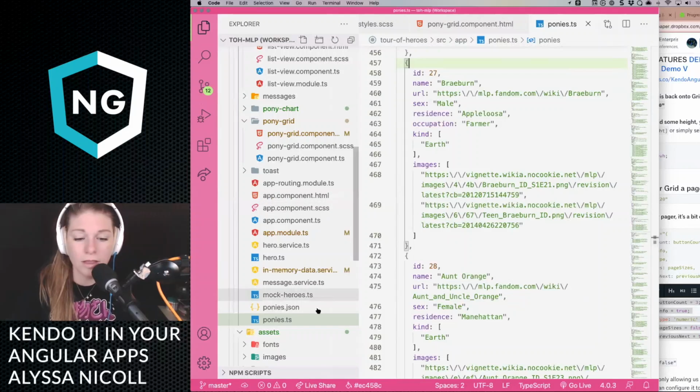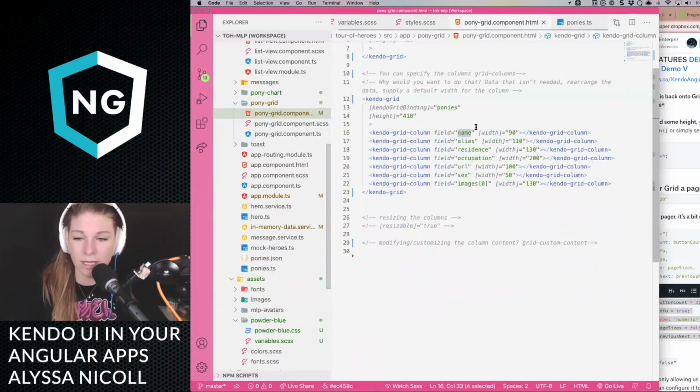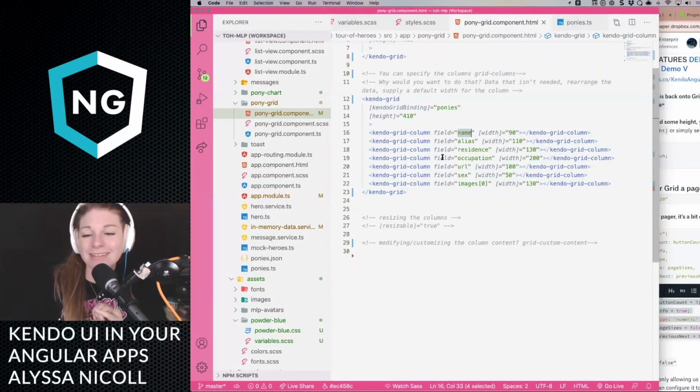These are the data pieces that the grid has access to, and I just put them in the same order. You might be like, what's the point of that? Well, now that you're actually specifying the columns, you can do even more things, like give it a default width.